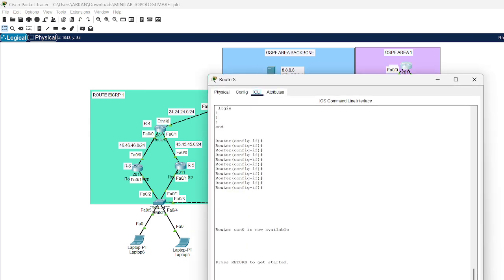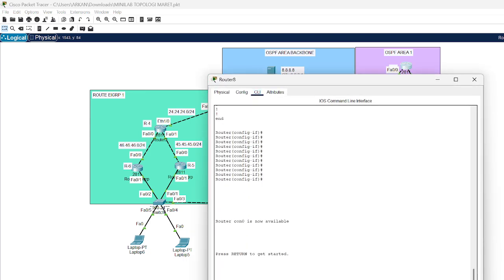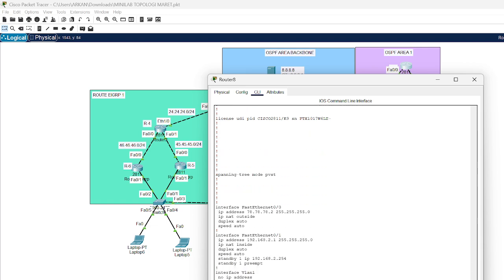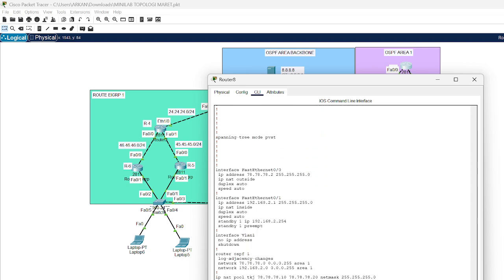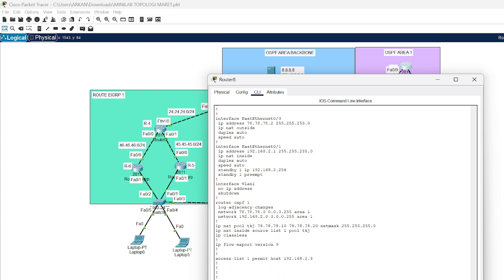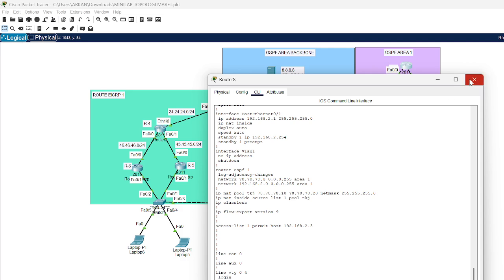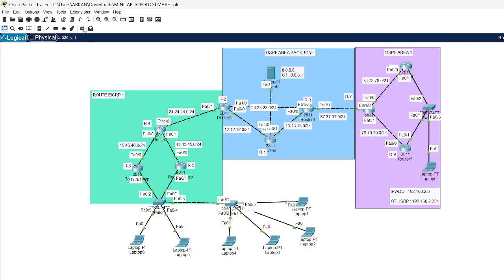Router 1, okay, same like router 9. We test first the NAT, then yeah, success.